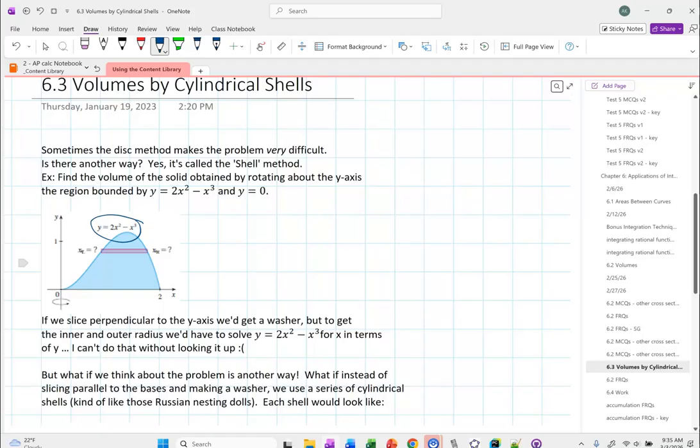If it was a sum or difference of two cubes, sure. This is not, though. This is 2x squared minus x cubed. This is the problem. This is what makes this problem virtually impossible for us to attack as a washer disk problem, because now I need to try to solve a cubic equation, a cubic polynomial,